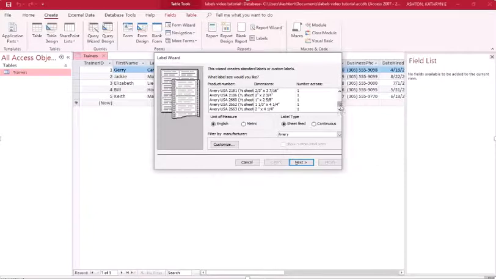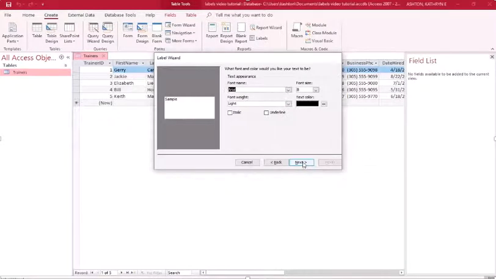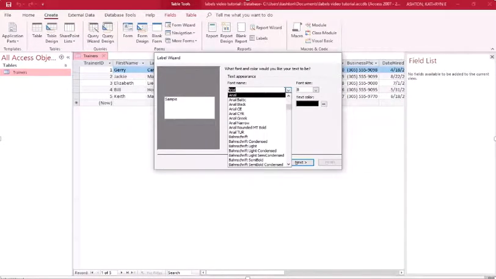So let me just scroll through this and find the correct one that we are going to use to create our labels. As you can see, there are lots of different options to create these, and let's see, we're almost there. And there we go. Avery USA 8660. We're going to go ahead and click Next,